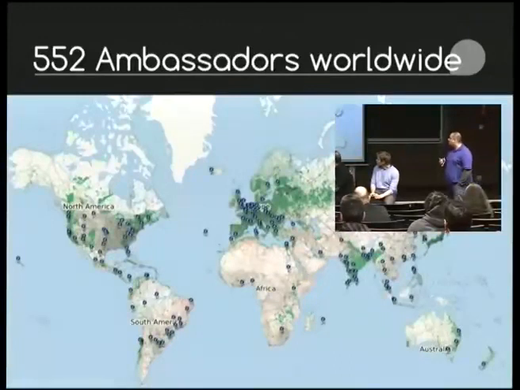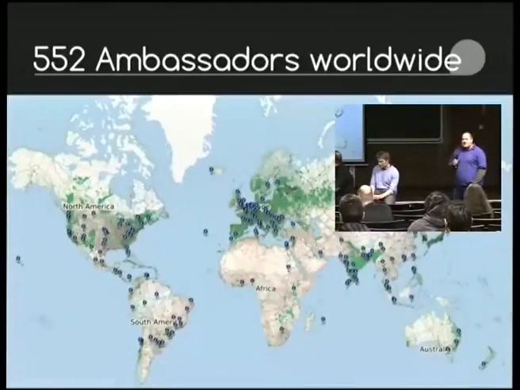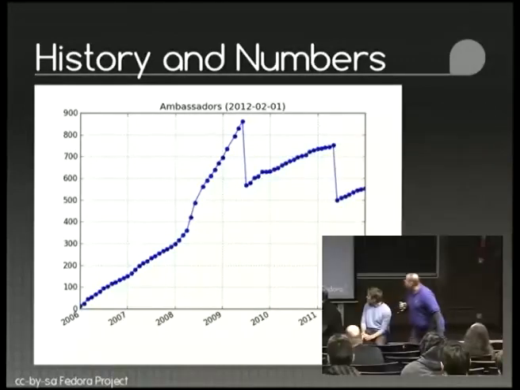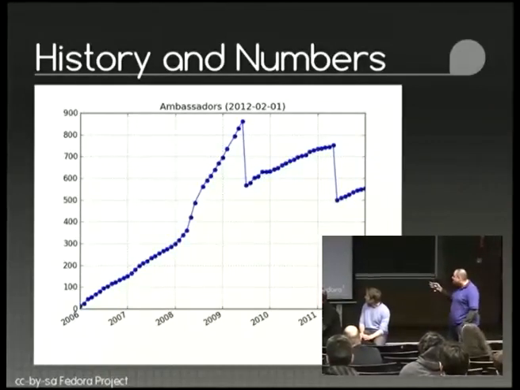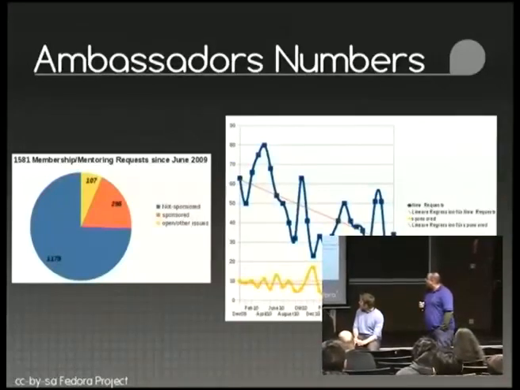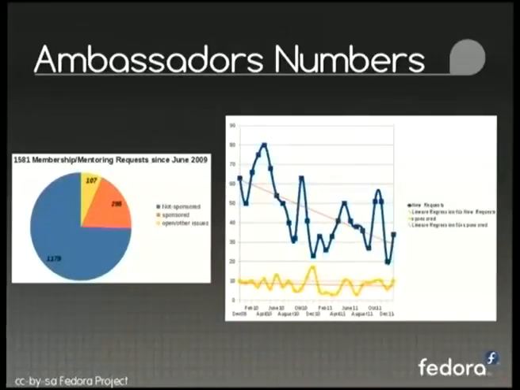Right now we are over 500 ambassadors, but there are some inactive accounts in this number. So I think we are 540. You see also how we developed since 2005, and we were more than 800 people, but we make some cleanups every 3 years. So we clean up the inactive accounts, and this is a number since we started with the mentoring program.